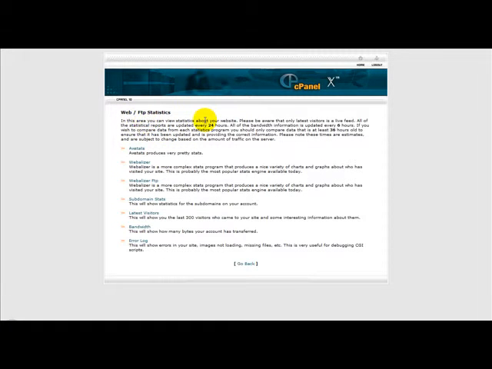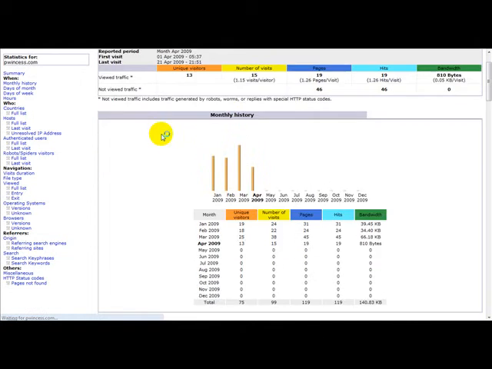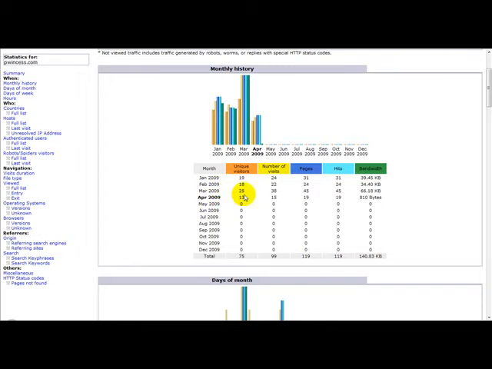It says, in this area you can view statistics about your website. Please be aware that only latest visitors is the live feed. All of the statistical reports are updated every 24 hours. So basically this is kind of delayed compared to StatCounter, but it still does the same thing. What we need to do is click on All Stats. Once you've clicked on All Stats, here you can see the visitors on your website